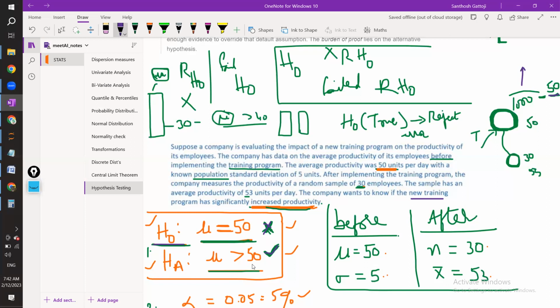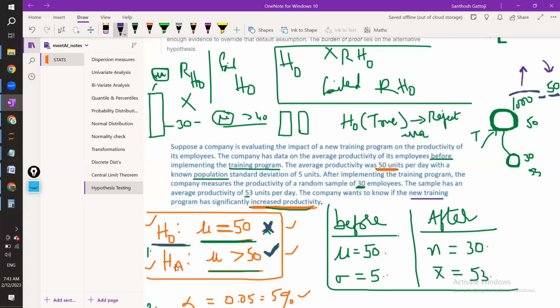Okay, fine. So these are our statements, and from this we have rejected this, we have accepted this. So fundamentally, what we have considered as the null hypothesis is that there is no effect of the training, the training is not having any effect. That is our null hypothesis. But if some person calculates and checks, no, actually the training is having an effect. I think earlier I said it a different way. So after the training, if the productivity is still 50,